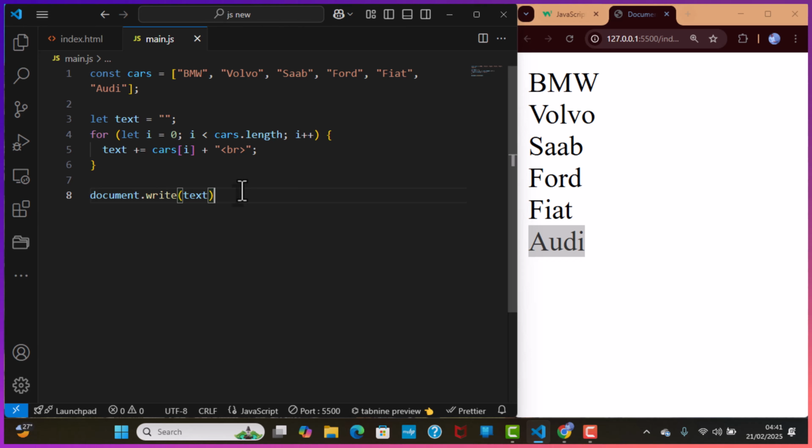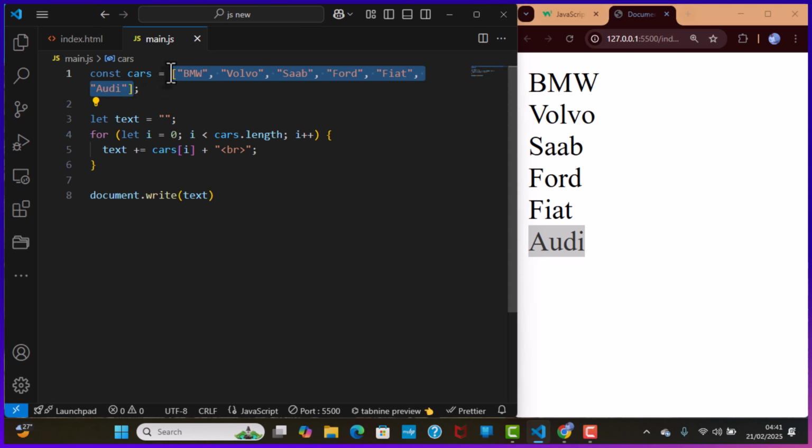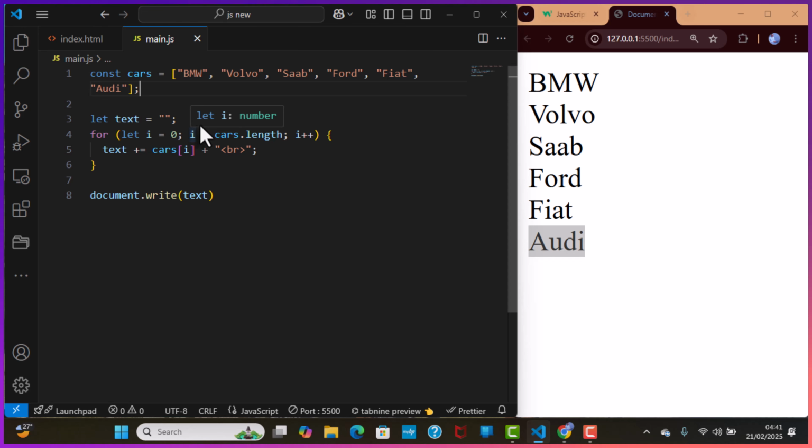Take for instance here that we have an array of values, and we want to make sure that whenever a condition is met, all the members of this array are returned to our